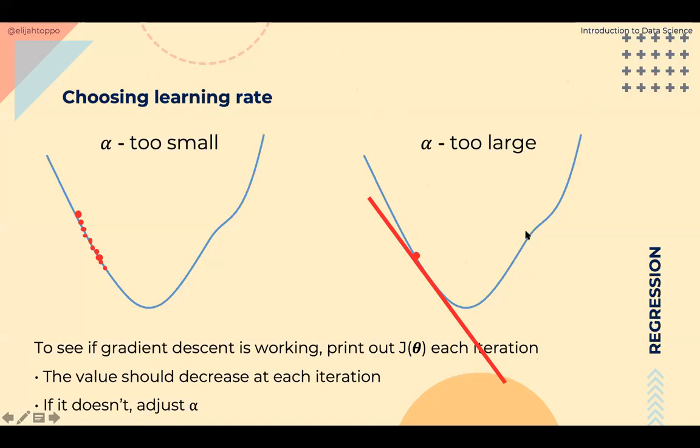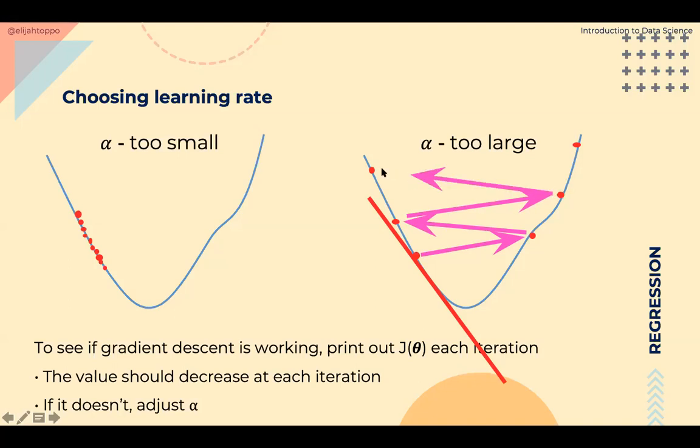I may end up on a location somewhere here. Now, from this, I will take another slope, and after taking another slope, I move to a location somewhere here. So what we are seeing is that by taking a very large alpha value, you're actually traveling outside the curve. You're going on the other side. Instead of going downwards, where our hope is to reduce the cost, we are actually moving outside our range. If I show it, you can see that this is a very big arrow, but I think it serves my purpose.